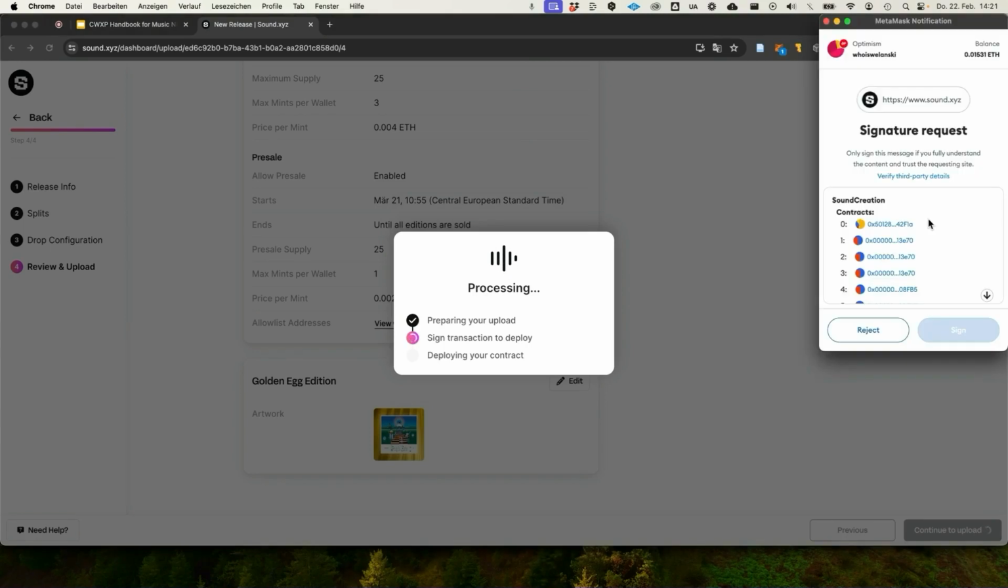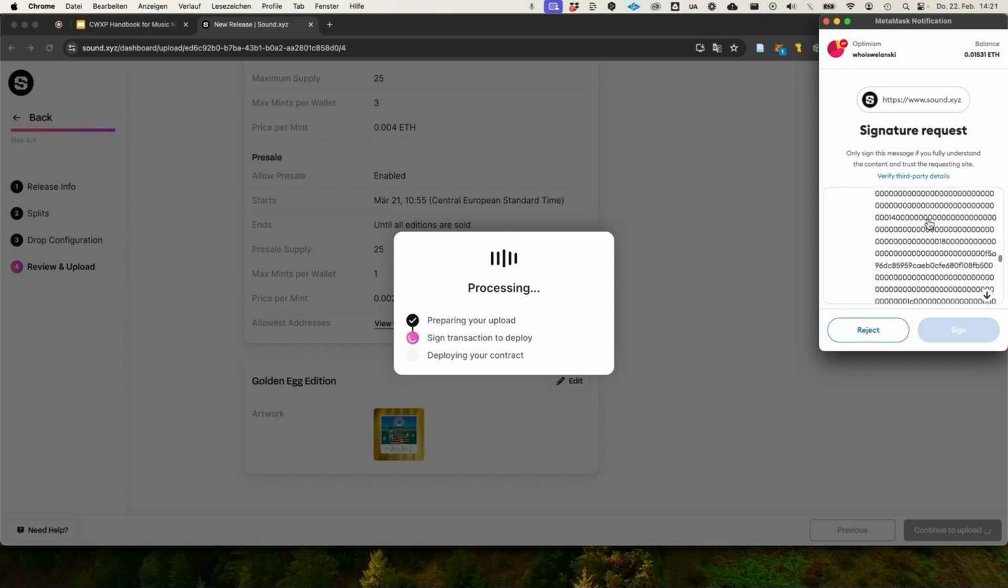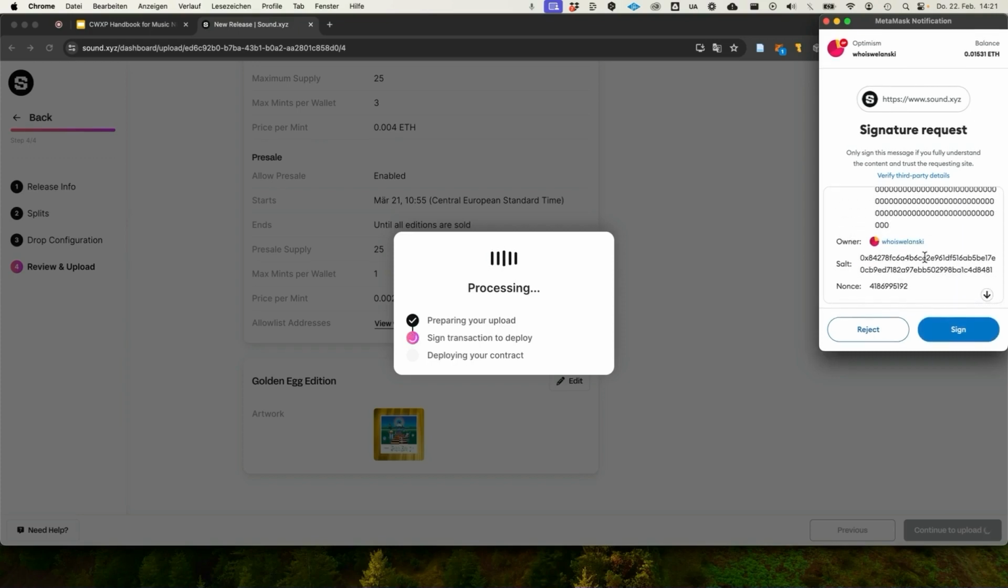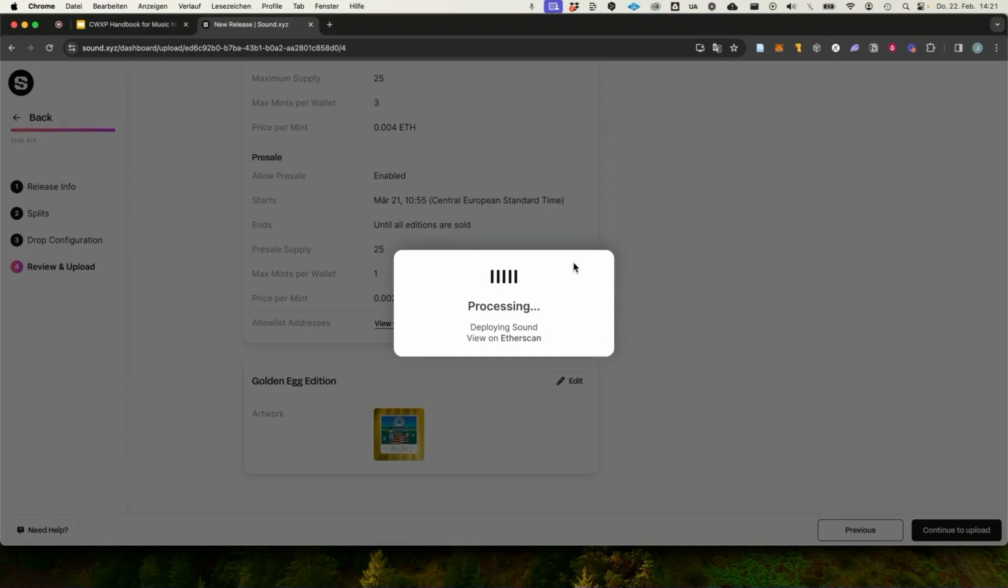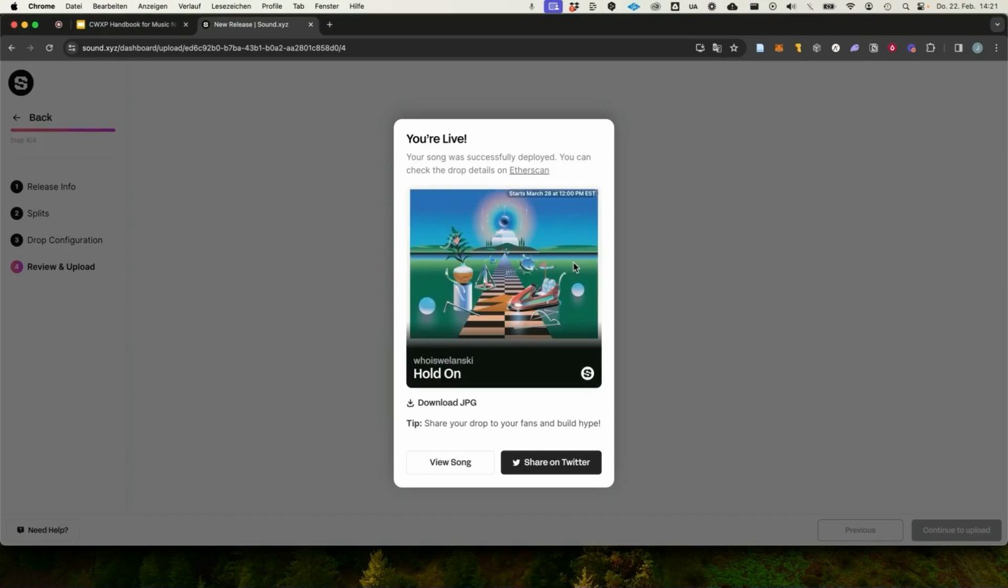As you can see, we are interacting again with the website Sound.xyz, and there are no fees. Normally, if there would be some fees, they would tell you here, but we can just simply sign the transaction. And then your smart contract is being deployed. It's processing, and it should take some seconds. And boom, here it is. This is your NFT. And you can click on view a song here,